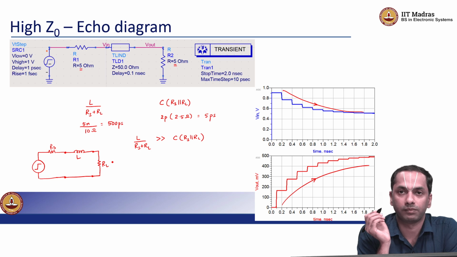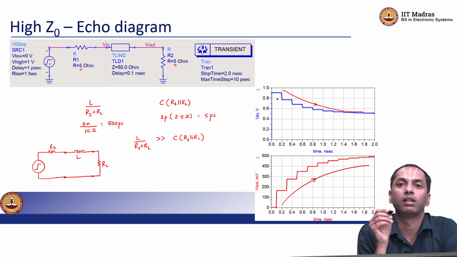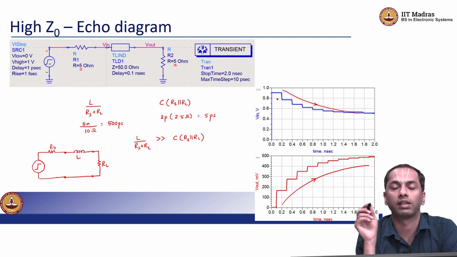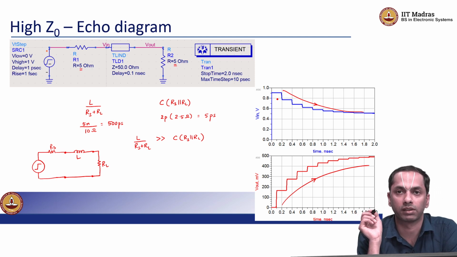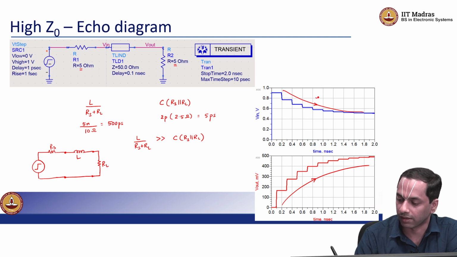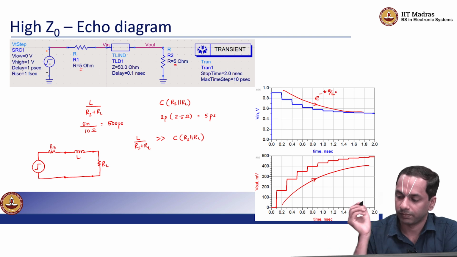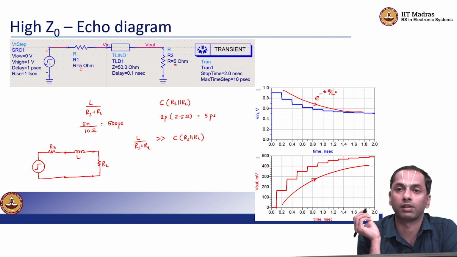And for an RL circuit, you know that the voltage actually undergoes an overshoot and has this kind of a behavior, right, where this is of the functional form